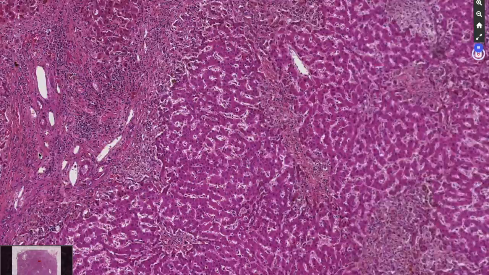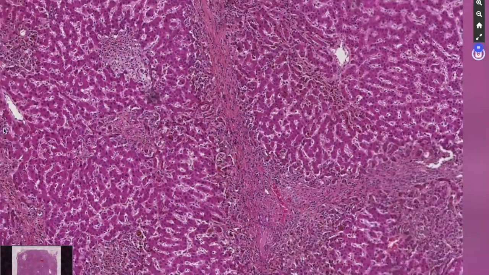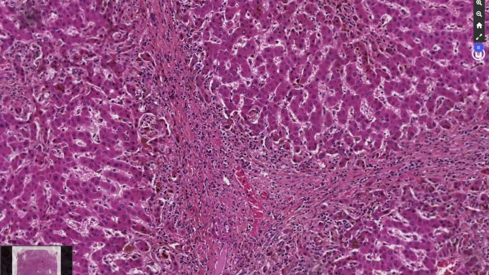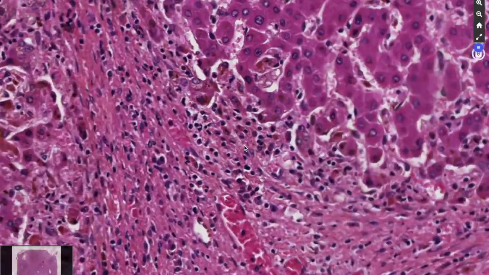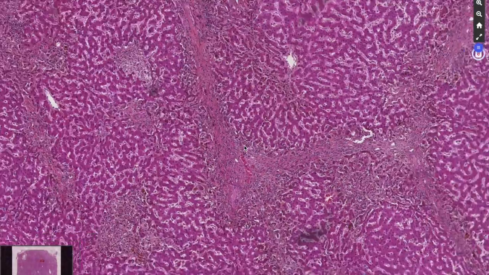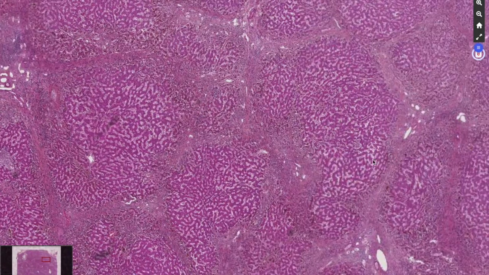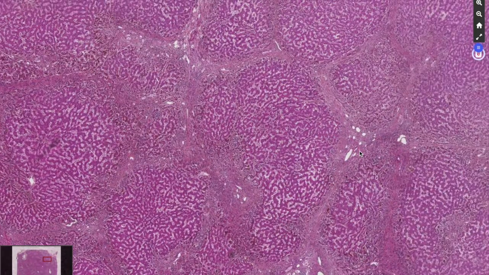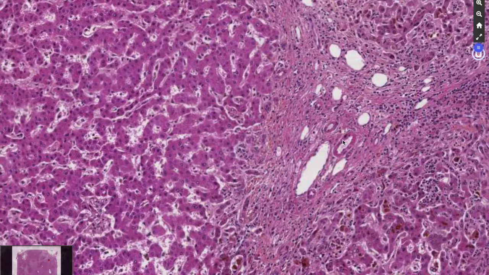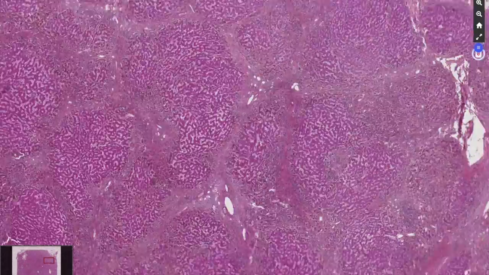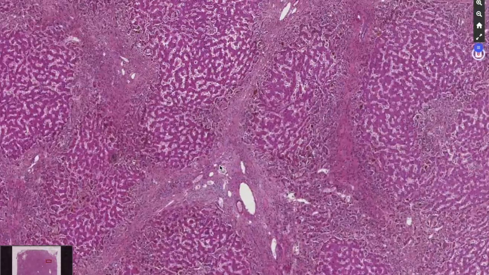We'll take a look at other fibrotic bands. Here we have the vein, maybe here the artery. Again, let's check other fibrous bands, artery, the vein, and so on. So they all look the same. Here again,